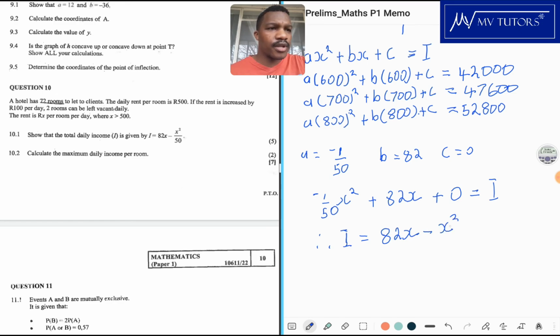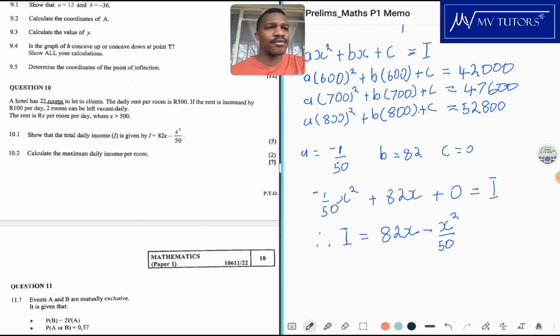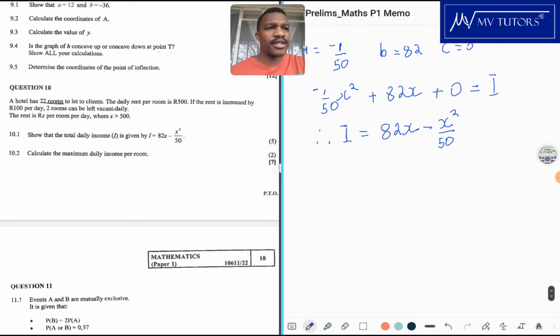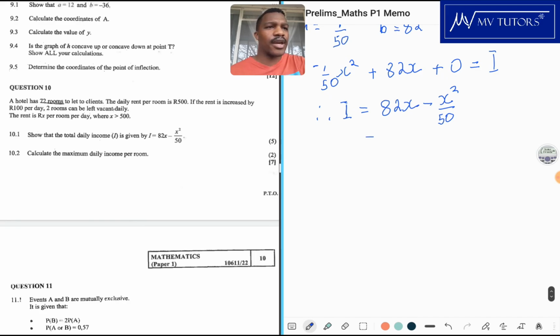x squared over 50. Okay, so like I said, we battled with this one, and shout out to Siobhan who came through with a better method. I just refined it a little bit so that I make it digestible for you, and that's how you do it basically. It's 10.1, but like I said, it's one of the questions you leave until last. Okay, there we go. All right, let's go to the next one then, which will be